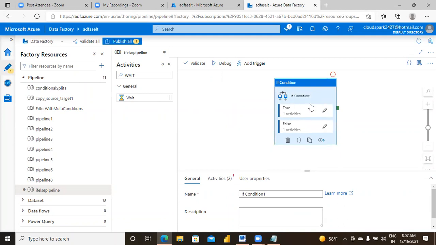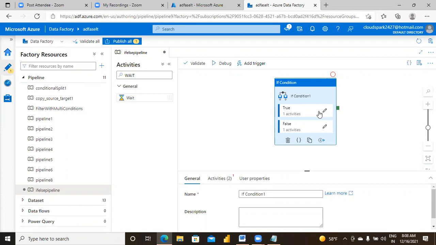Now I am running this. If I run this, the first activity is the if condition, but the if condition has two activities, wait 1 and wait 2. Suppose wait 1 executed, what is your understanding? Wait 1 executed, so that means the condition became true. For example, in the next run, wait 2 executed. Your understanding is the condition became false. This is another way: just to test validation of the given condition, this wait activity will be used.